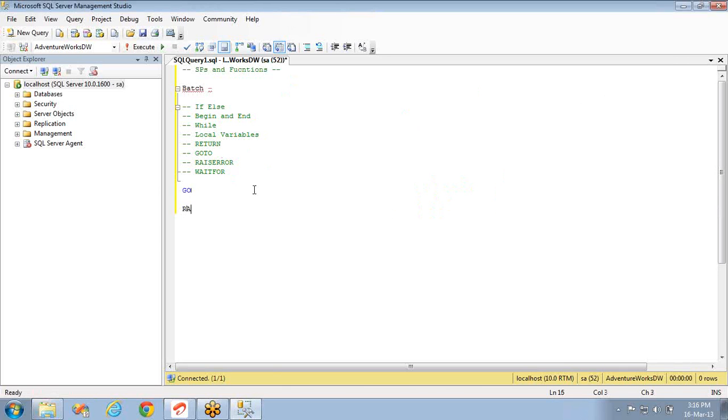Let's talk about RAISERROR first. If you observe the spelling, it is not R-A-I-S-E plus ERROR. It is only one E, a common E for raise and error. So this is used for custom error messaging. Generally, the simplest syntax is RAISERROR, and you give the error number, comma, error message. Let's say I'll give the error number 50001, and the message is 'I am a trainer'. So if you execute this thing,